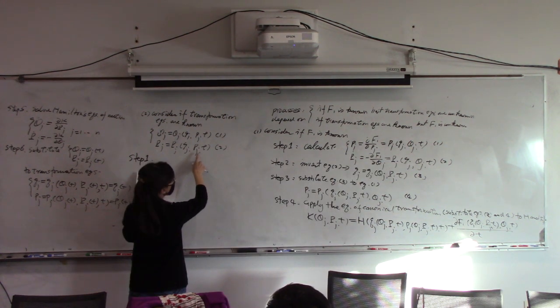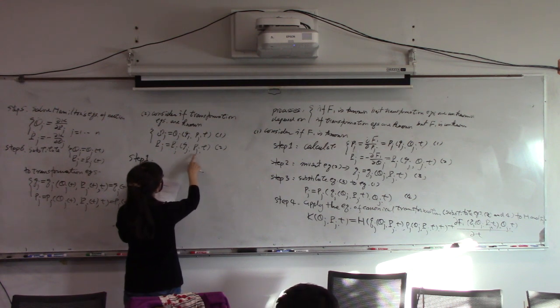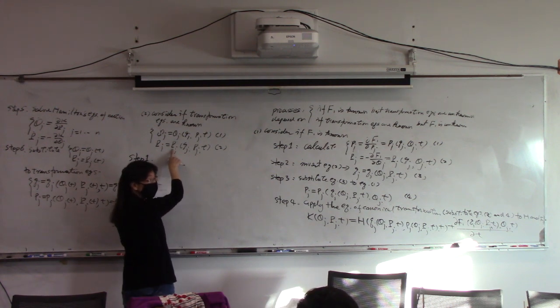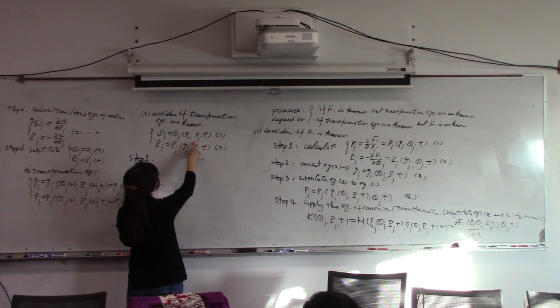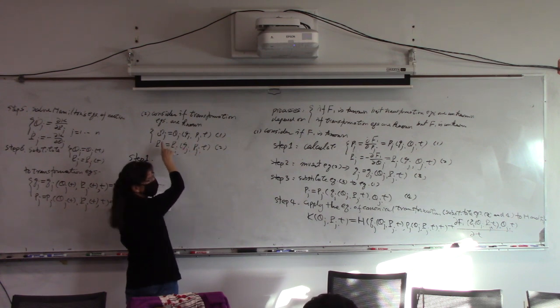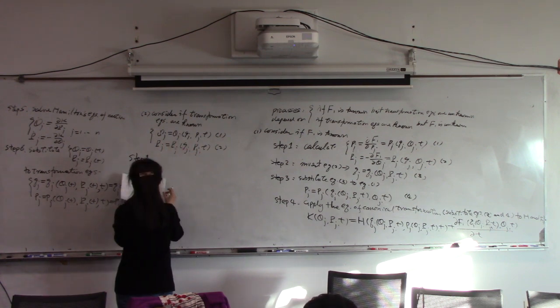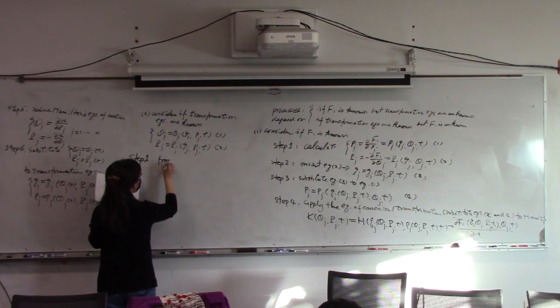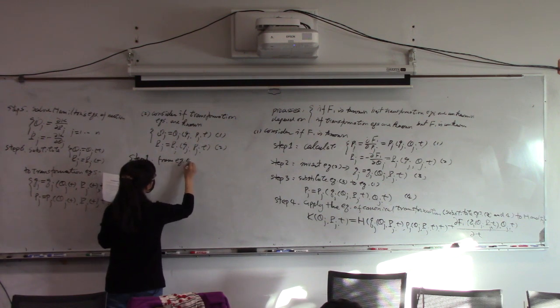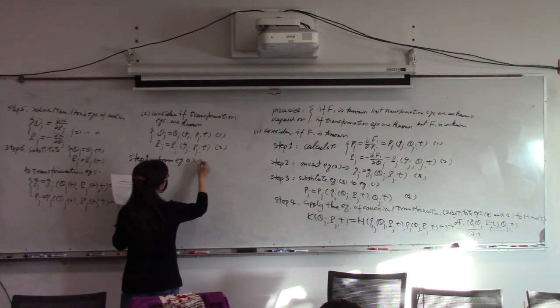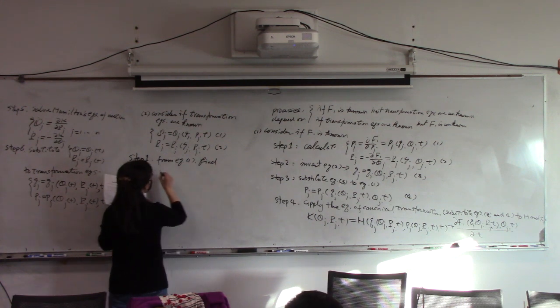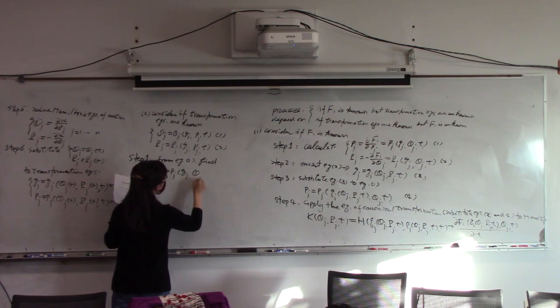Then you can see here, this is lower Pj, but this is capital P. So from here, that is a function of Qj and capital Qj, right? So from equation 1, you can find